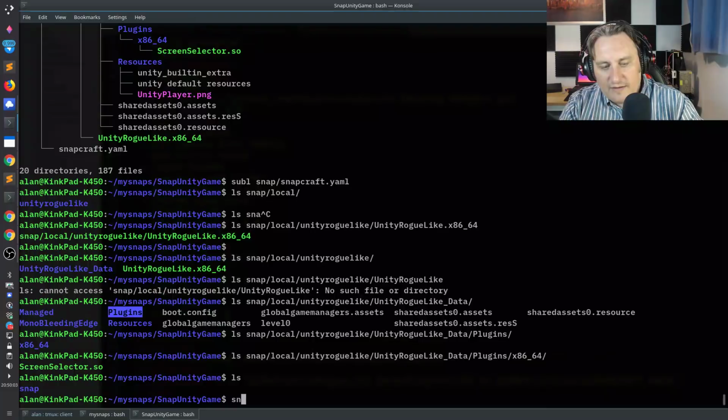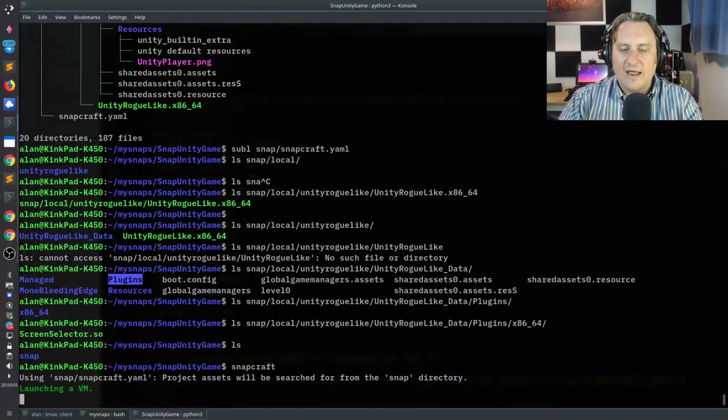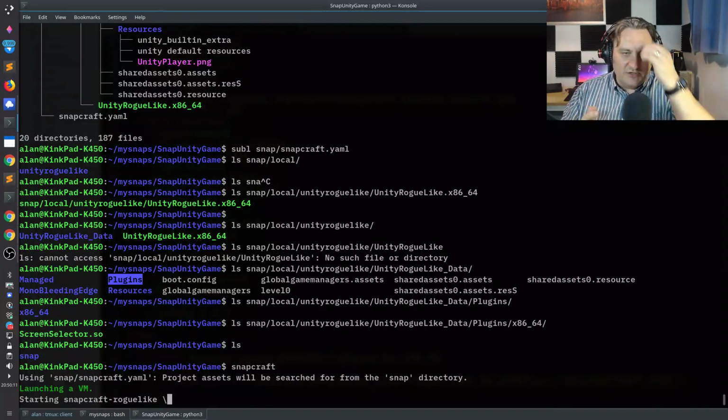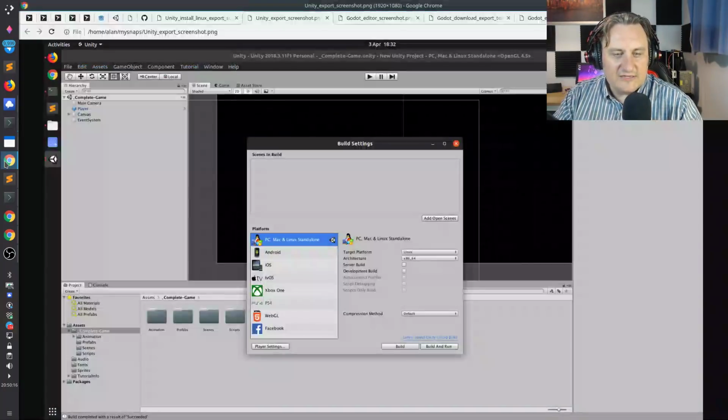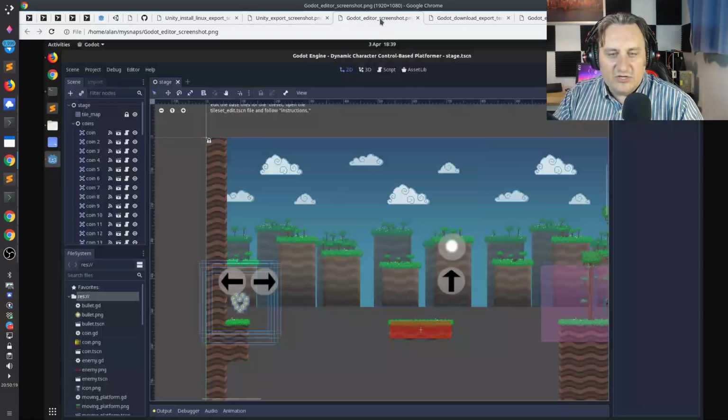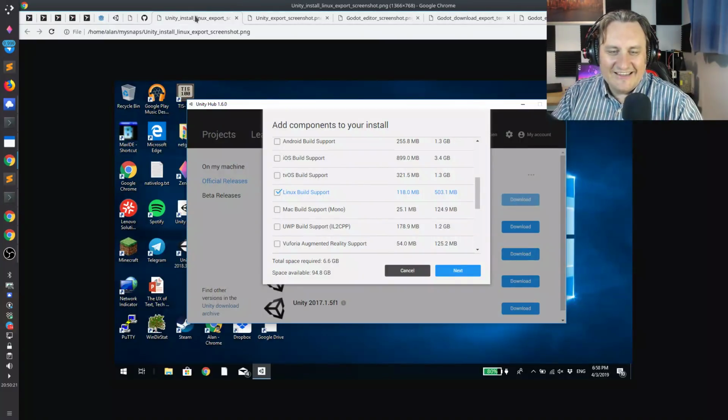So I run Snapcraft in here. Now, something else I want to introduce you to, which I haven't mentioned yet, is the elephant in the room, which is game developers don't always use Linux. So, for example, take this scenario here. Game developer on a Windows laptop, and they've installed Unity, and they've added the Linux build support. What they would end up with if they exported their game out is a Linux binary, and they want to